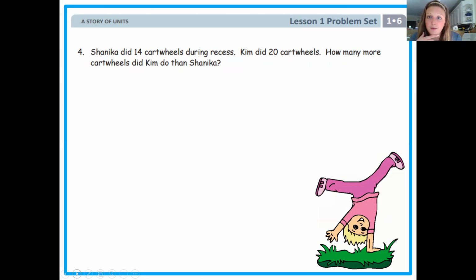And that is all of the problems that we have for you today. So go ahead, complete your work. And if you have any questions on any of the strategies we went back to today, I know we've been working on clocks and shapes. So this is a big refresher for your brain today of what we worked on before. So I want you to make sure you take your time, show your work. Remember, read, draw,